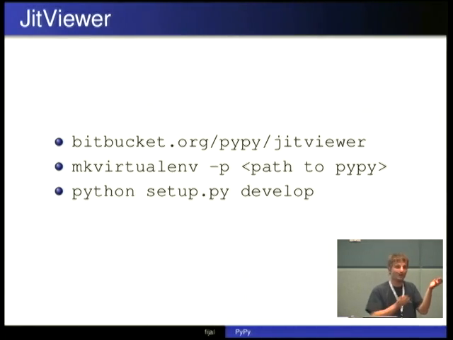So, I want you to have a look at the code and try to run stuff. Essentially, assuming you have PyPy, get the JIT viewer: you need a PyPy checkout and PyPy installed in the virtualenv. I use the virtualenv tools for that, but feel free to use virtualenv alone. Then install the JIT viewer and poke first at the examples. The JIT viewer comes with a log.pypylog or something, and there's a source.py file that shows a few things. I will walk through them if you can get the JIT viewer to run.